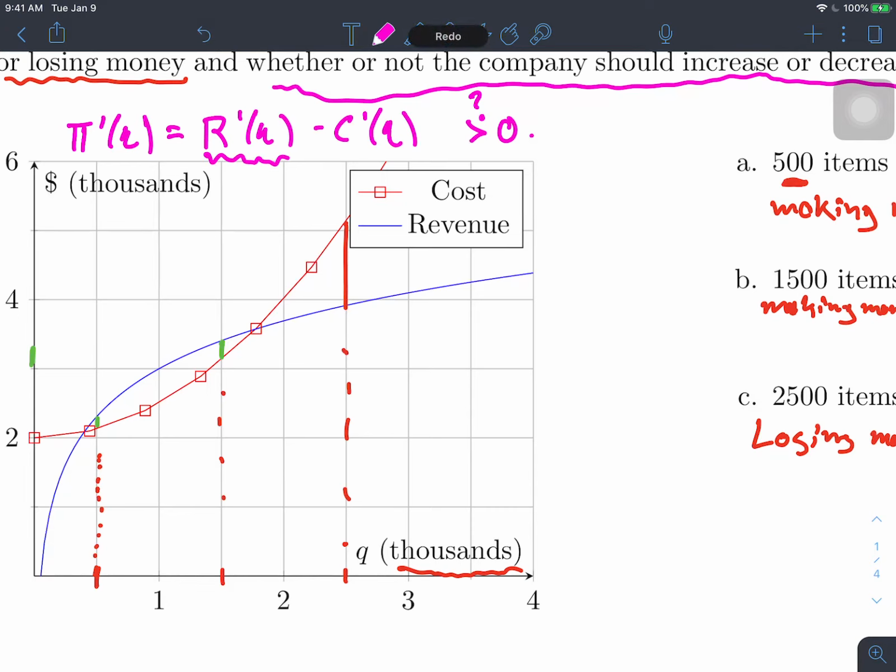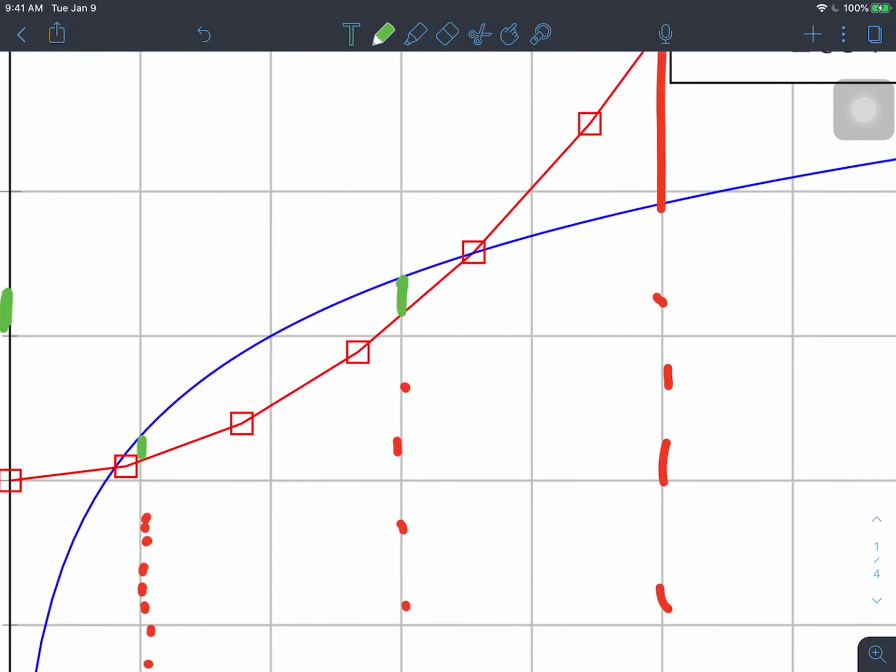If I have one line that's growing at a certain slope, and I have another line that's growing at a smaller slope, then as I move forward, this distance between them is going to get larger. Okay? So we could answer this question in terms of looking at the slopes of the blue and the red curves and just trying to guess, okay, it looks like the blue slope is a little bit bigger. We can also just look right at the graph and say, look,